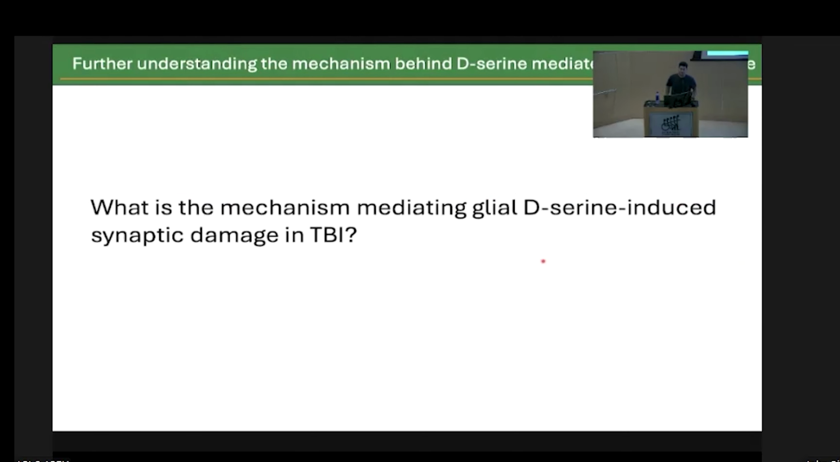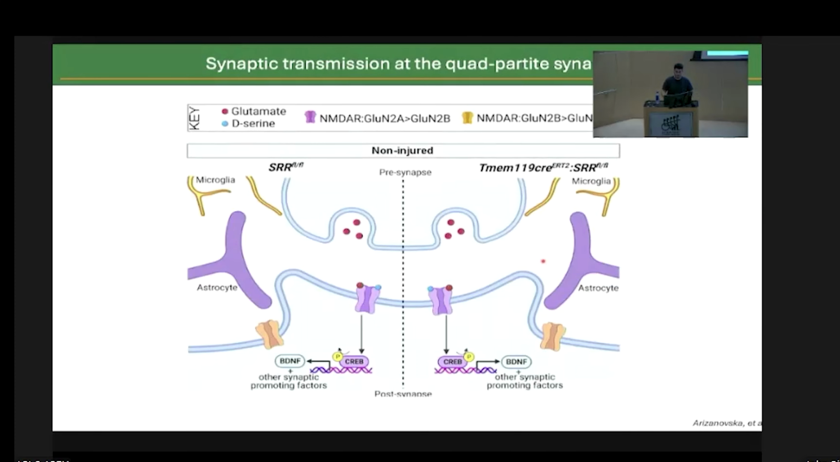So the next step is we're going to look at what is the mechanism mediating glial D-serine induced synaptic damage in TBI. The majority of this work was done by another previous graduate student, Dena Arazanovska. And in this schematic, what we're looking at is the quadpartite synapse, where we have a presynaptic membrane, a postsynaptic membrane. We have the microglial cells in orange and the astrocytes in purple, where in these red dots, glutamate is being